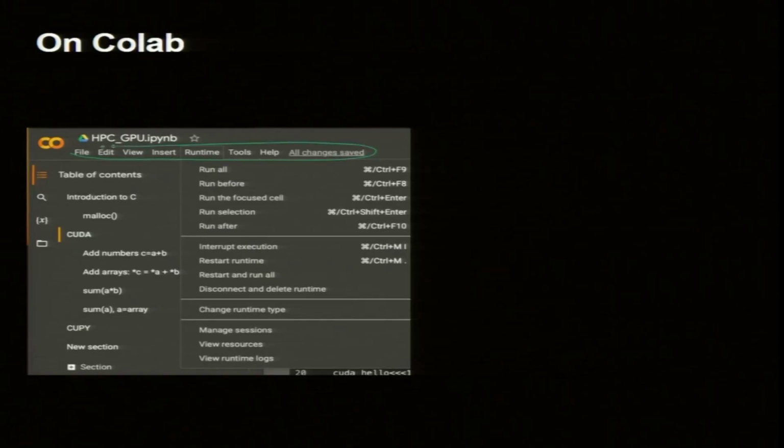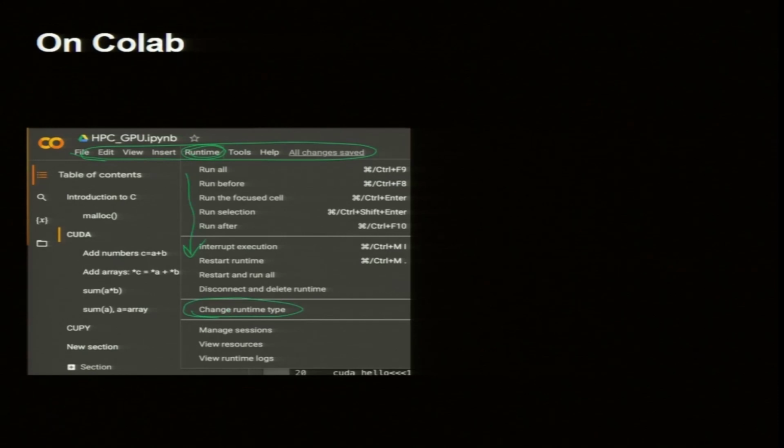This is a thing everybody must have seen, right? Otherwise I will fail you in the course. You should have used Colab. This is the menu, and in that menu you go to the runtime, and when you click runtime you will get this sub menu. In the sub menu, look at change runtime type.